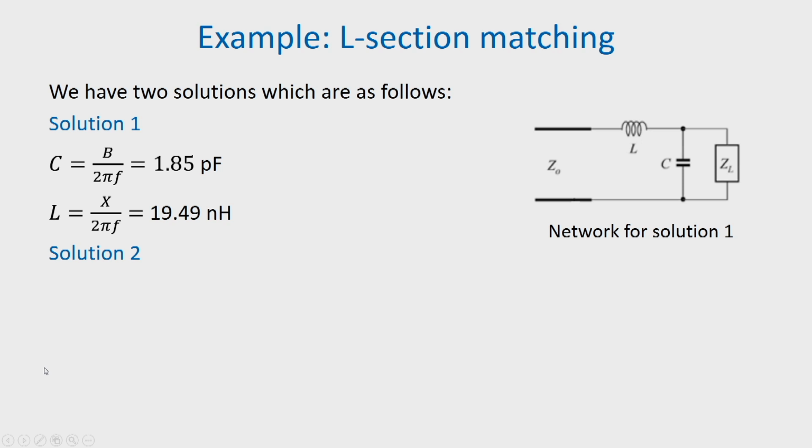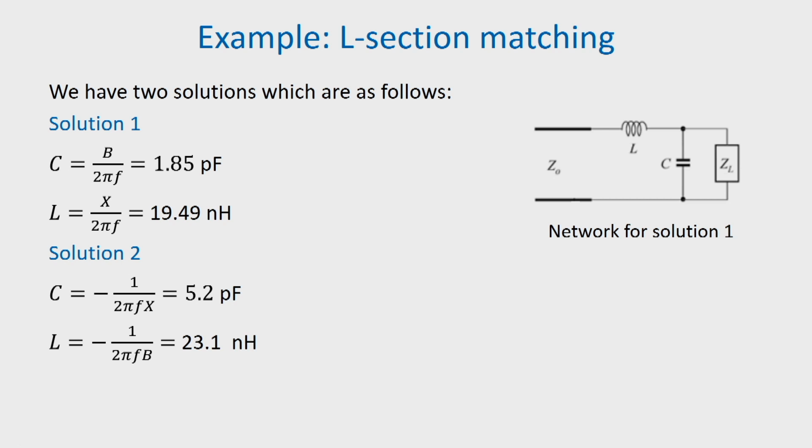We can have a second solution, because we had two values of B and two values of X. So, for the second solution we find C is equal to minus 1 by 2 pi f X, and again substituting the second value of X, we get C is equal to 5.2 picofarad, and similarly L is equal to 1 by 2 pi f B. So, if we substitute the second value of B, we get a solution of 23.1 nanohenry, and this is the second network,